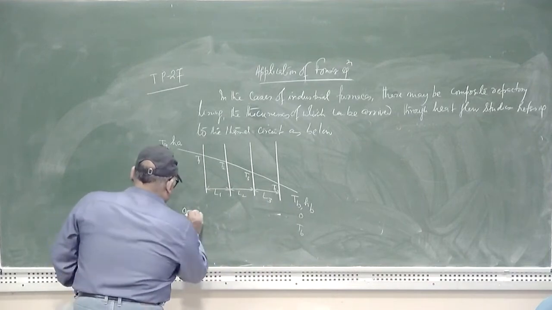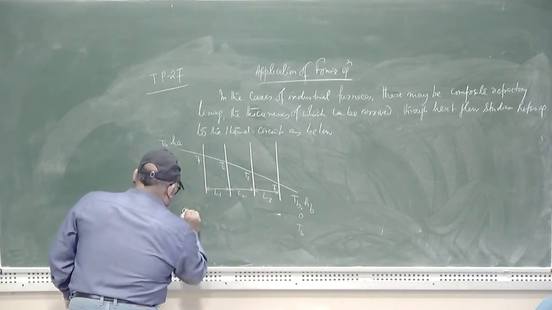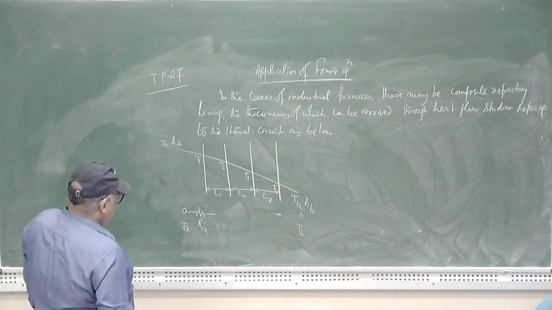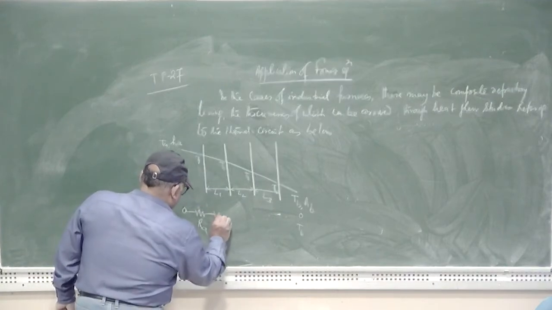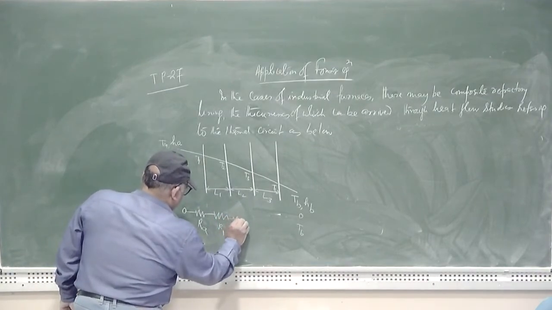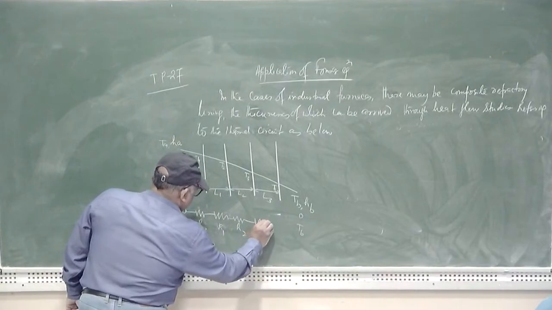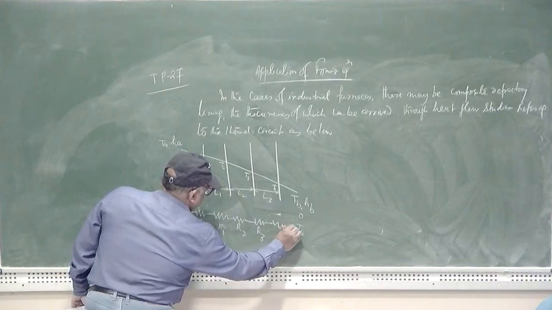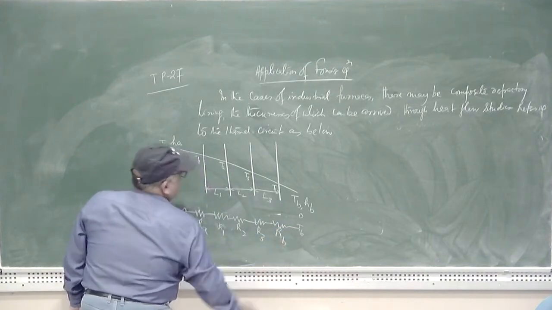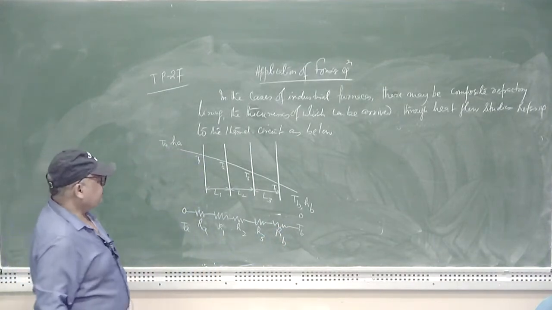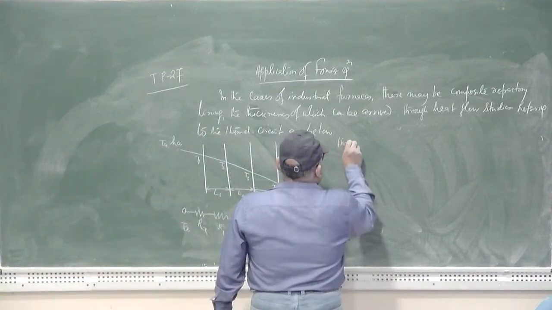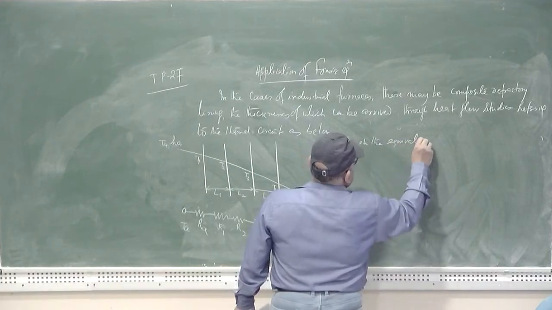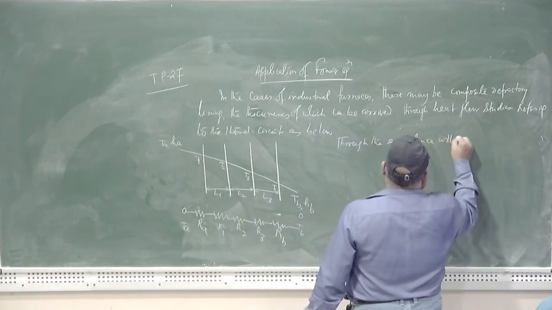So let us suppose air is arriving at this point, so it has to go through a convective resistance Ra. After that it will come across R1, then R2, then R3, and again it has to pass through a convective resistance, that is Rb. So through the equivalence with electrical circuit,